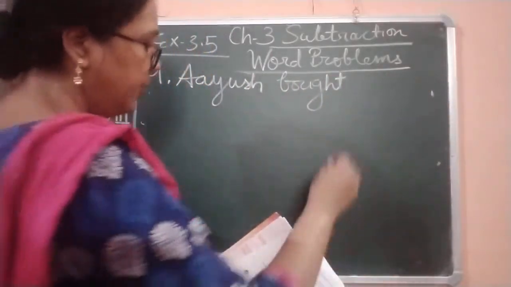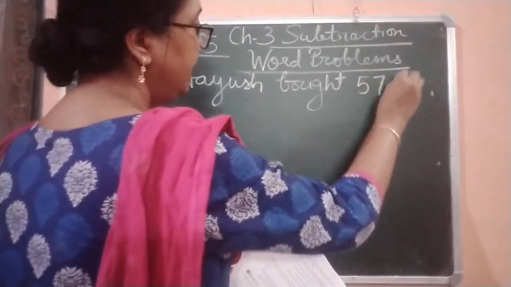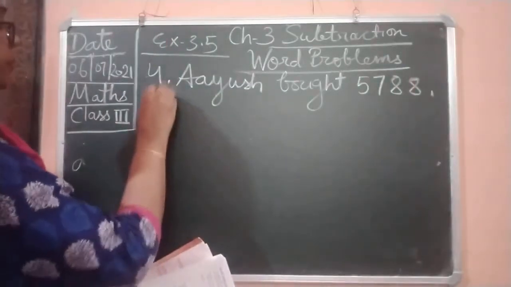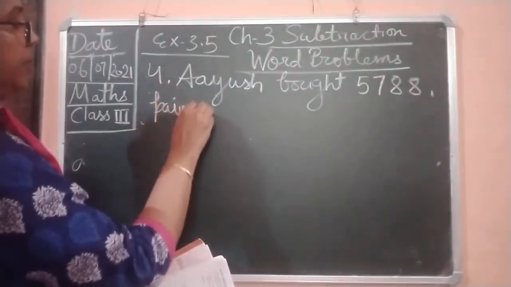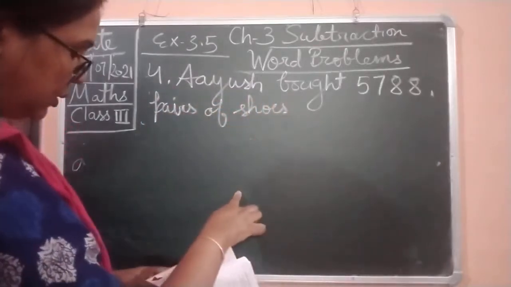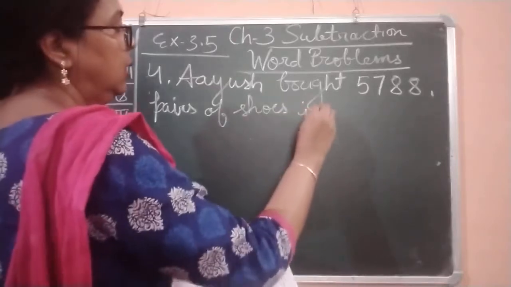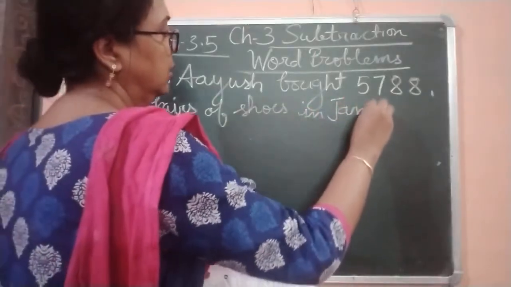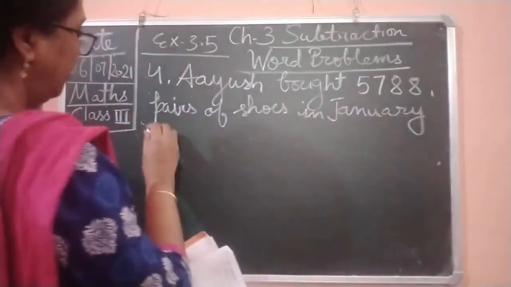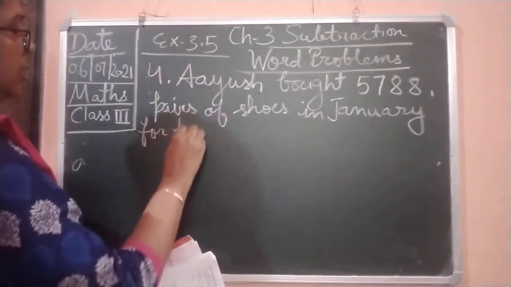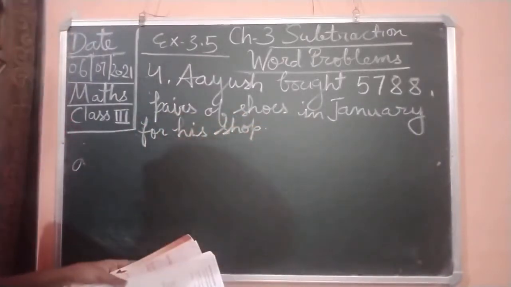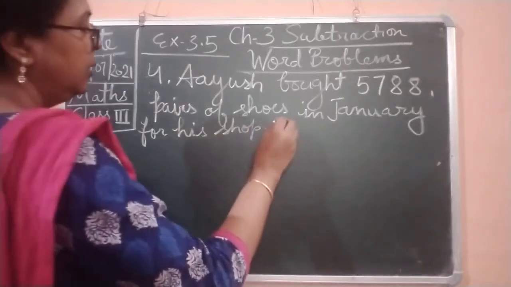Bought 5,788 pairs of shoes, children, in January, for his shop. Okay, now on 1st February,